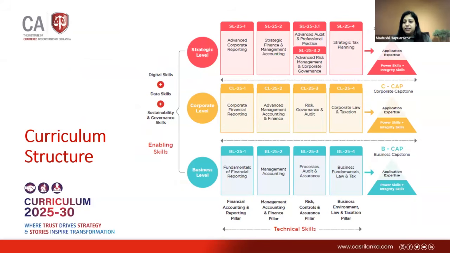The final examination contains two main components: the verbal pitch as well as the final assessment. Those two will be happening in two different timelines. To go in for that verbal pitch as well as for the final examination, you have to complete a few steps. First, completing the power and integrity suite at your own pace. Second, you need to learn the content of the capstone.